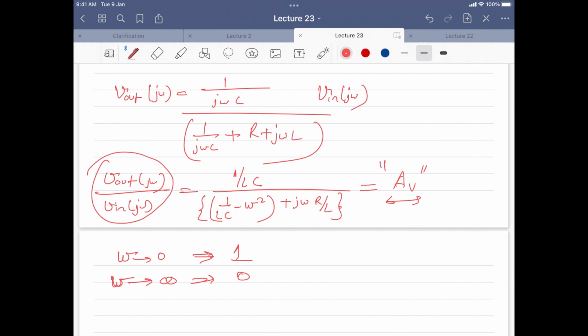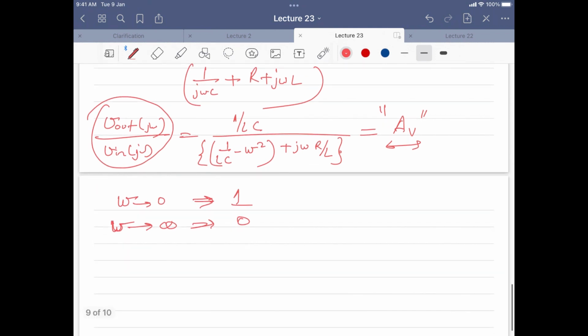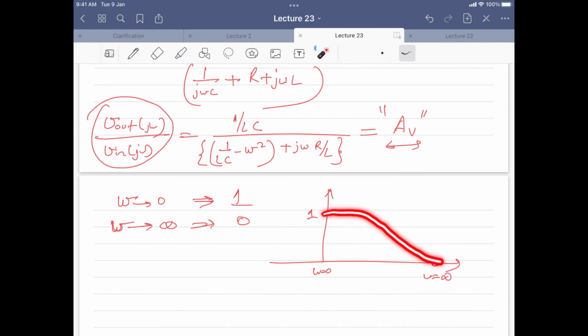What is this filter doing? Low pass. It's a low pass filter or not? Because at omega equal to 0, its value is 1, and at omega equal to infinity, its value is 0. That means in between it is doing something like this, going down, or not? Yes. So as the frequency goes, its profile looks like this, and this is the low pass filter